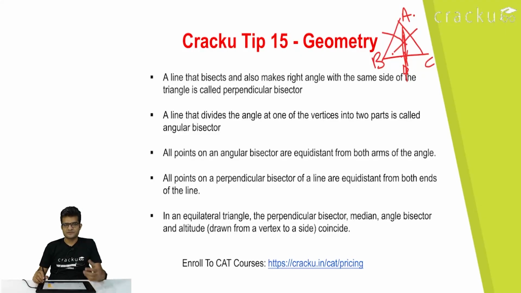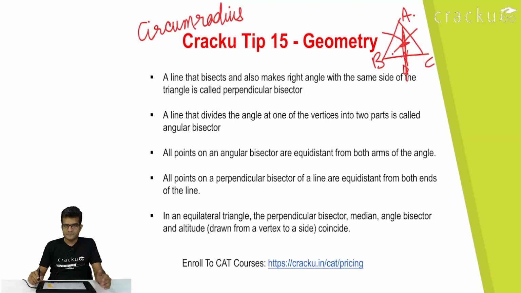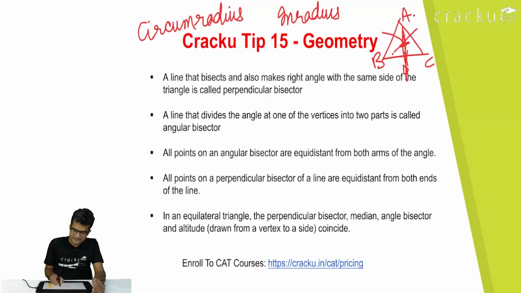Circumcenter and incenter are also important points in a triangle, because circumradius and inradius can be used to calculate the area of a triangle. Circumradius is the length from any vertex to the circumcenter, and inradius is the distance from any side to the incenter. That is, if you are having a triangle like this, if this point over here is the circumcenter,